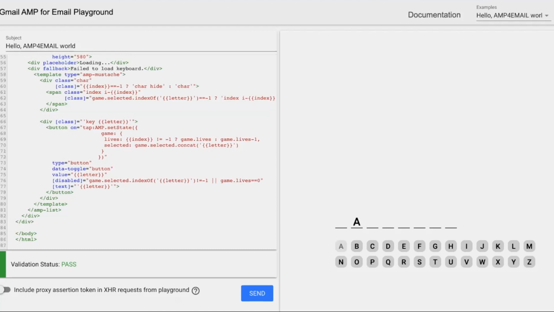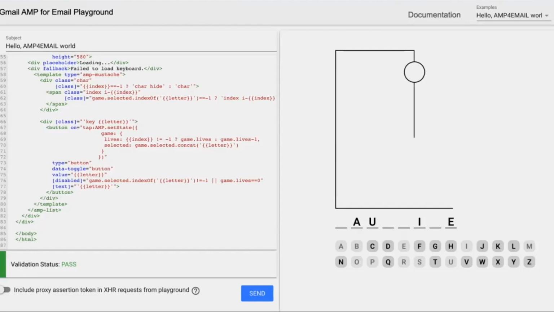So A, yeah, E, I, O, I have no idea what this is. So U, yes. And as you can see, the illustration above shows me how many lives I have left. So maybe B, I'm really guessing here. P, R, no, T, I have no idea.